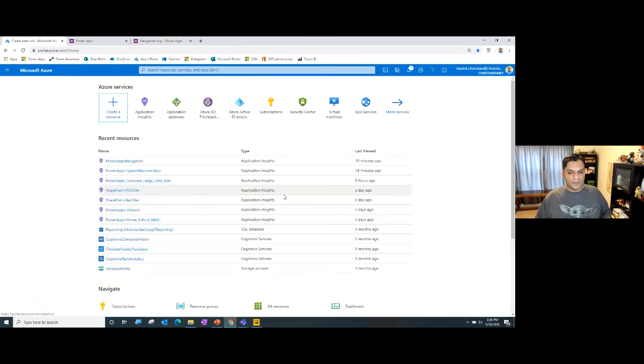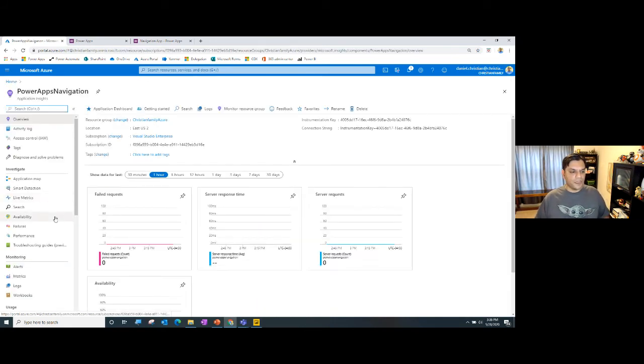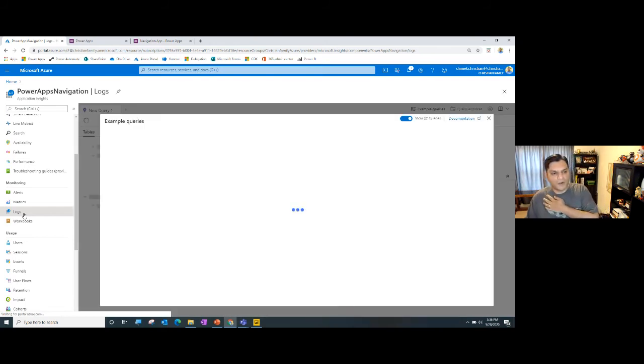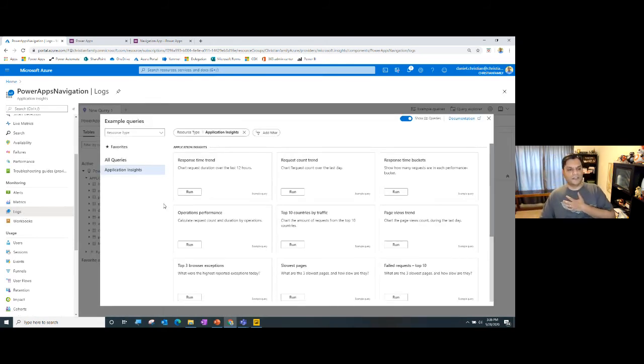Okay, now the other, okay, kick me out. Let me go back in, and again I can find it based on the navigation there. So we talked about the alerts over here. The other thing that I want to talk about is in the logging piece. So when I come to the logs, out of the box, it says that I have the functionality to go ahead and see all these queries over here.